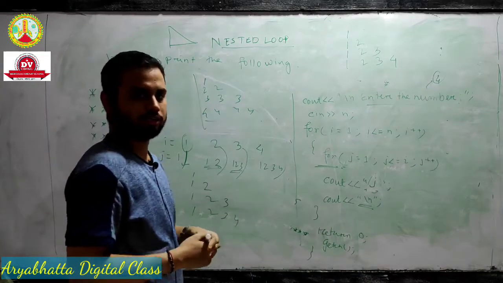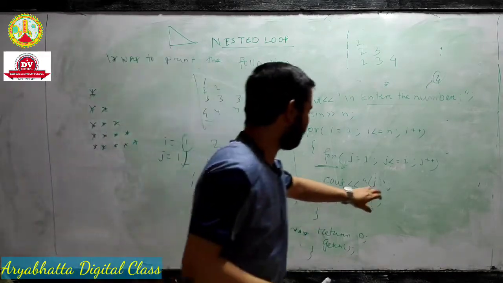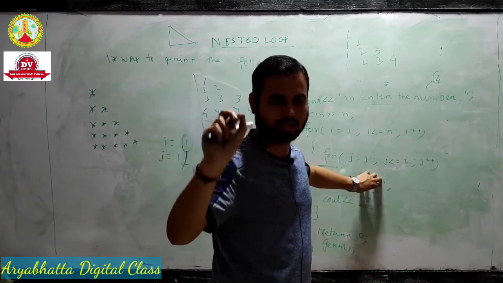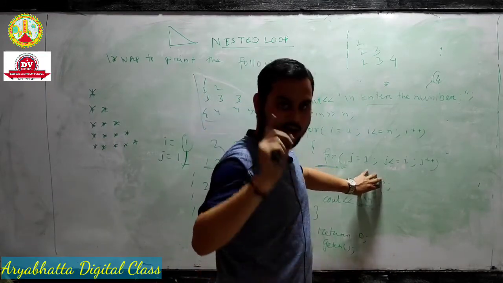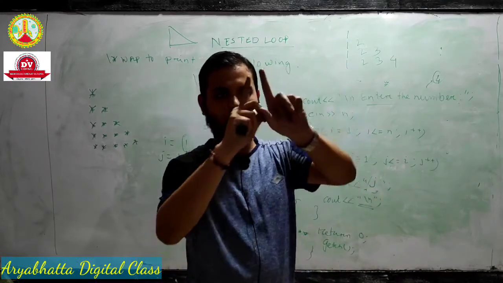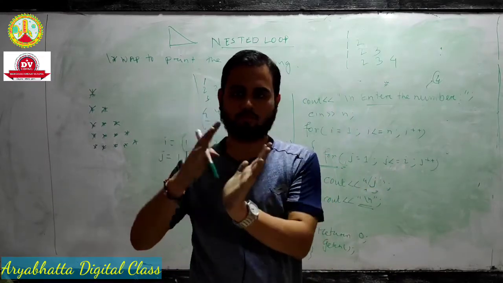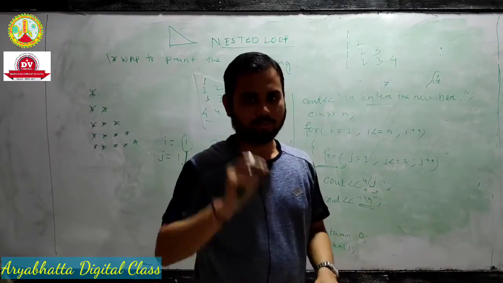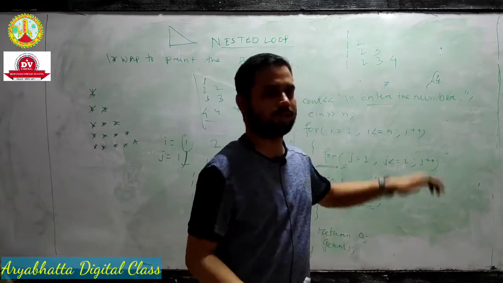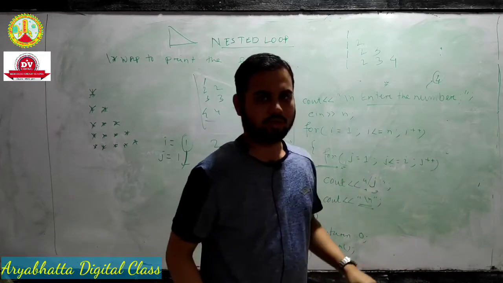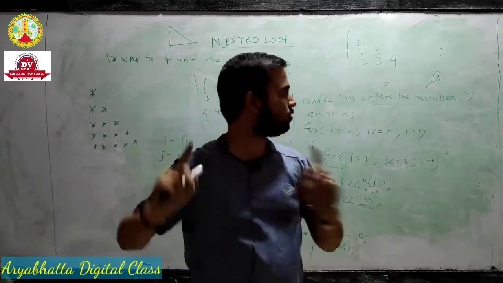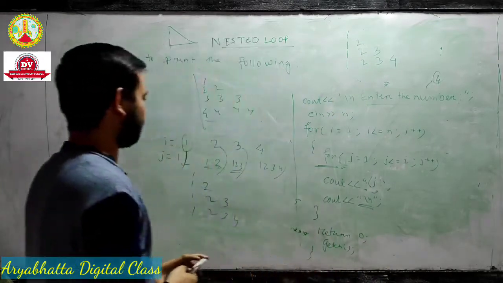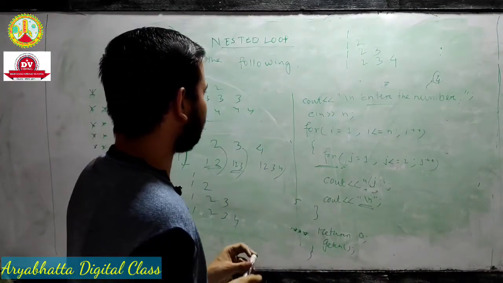Now what we understand is that this will be the main difference. If we take star here, it means star, star, star, star like that. If we take I here, your format will be 1, 2, 2, 3, 3, 3, 4, 4, 4, 4. And if here we write J, your J loop value will come: 1, 1, 2, 1, 2, 3, 1, 2, 3, 4. You just simply understand the concept. This will be very easy.